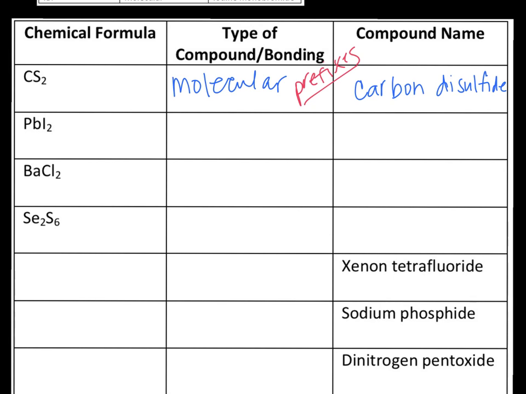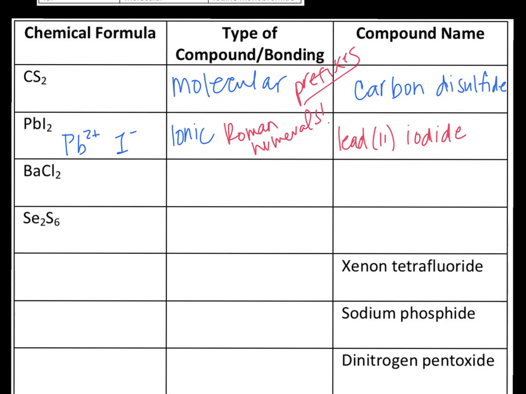PbI2, and Pb is a metal, so that's going to be ionic. And since this is a special type of ionic, we don't know the charge of lead by looking at the periodic table. We have to use Roman numerals on this. So bringing up these charges again, we would get Pb2+ and I-. And so lead has a positive 2 charge, so the name of this is going to be lead 2